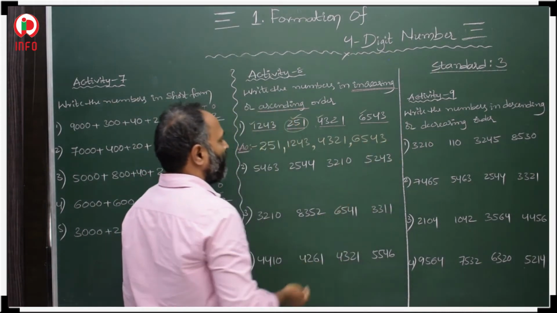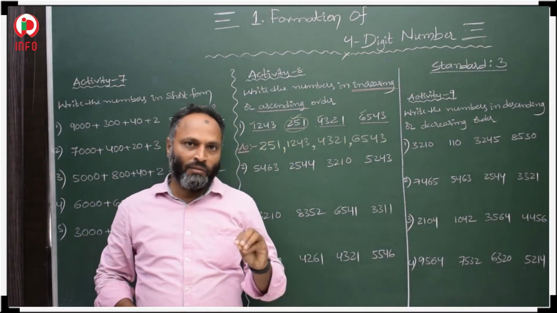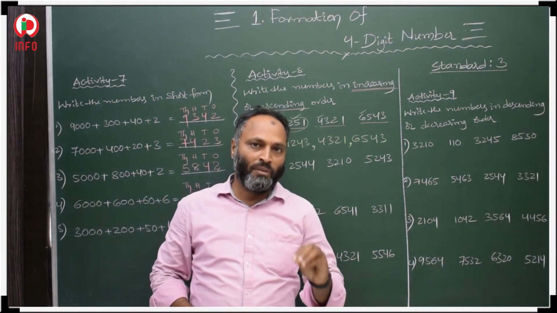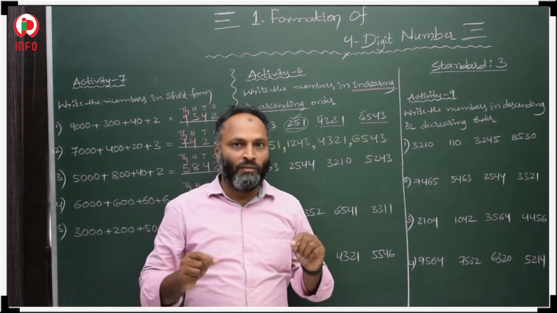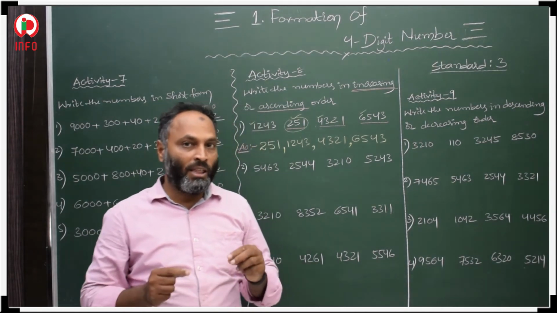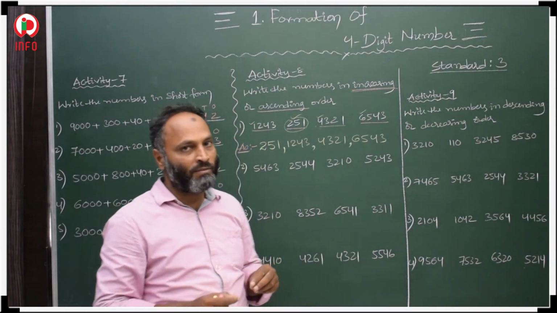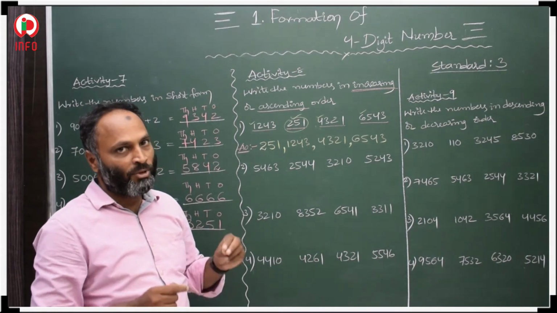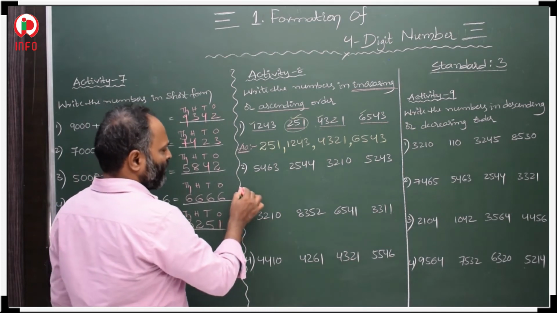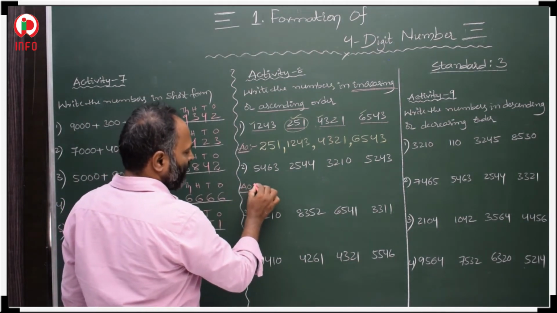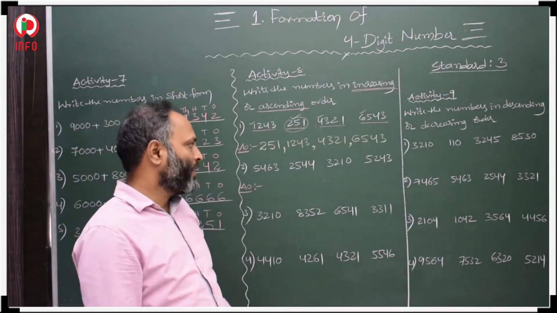6543. Now, how to decide? First we have to check the number of digits. The number with fewer digits is the lesser one. Then among equal digits, we check the thousands places. The one with the smaller thousands digit is the smaller one. In this way we decide from smaller to bigger, that is ascending order. Now in the next question, ascending order, increasing order. First we have to count the number of digits in all of them.